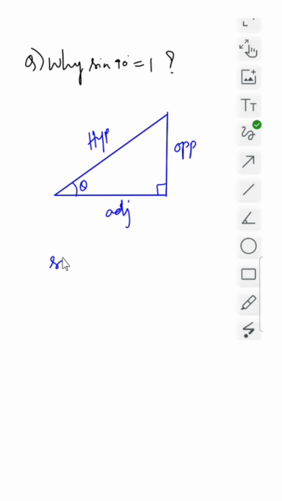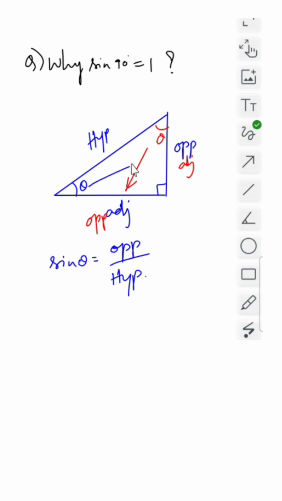So the value of sine theta, as we know, is equal to opposite by hypotenuse. If I take this as theta, then the opposite will change here. The side which is opposite to theta will become opposite, and this will become adjacent, and vice versa. And if we consider this as theta,